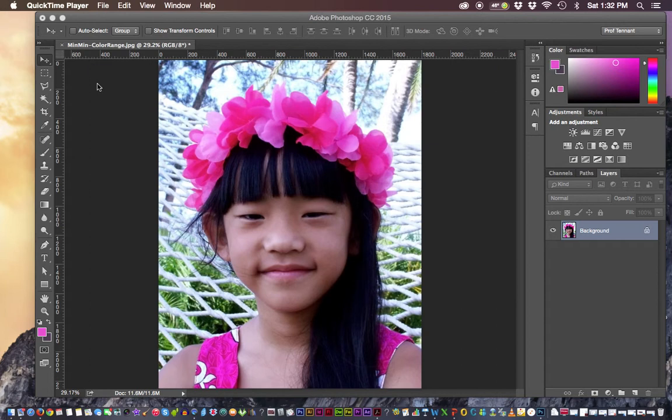This technique is for changing the color of an object in the image, such as something like clothing. If you've got the wrong color for a photograph and you're not going to re-photograph it, then this is an ideal way to do that, because even on the clothing of a main color, we still have a lot of